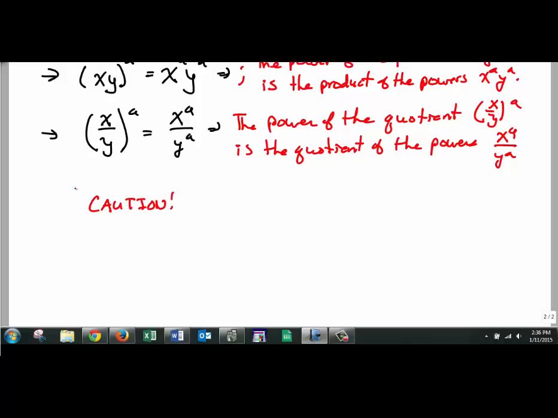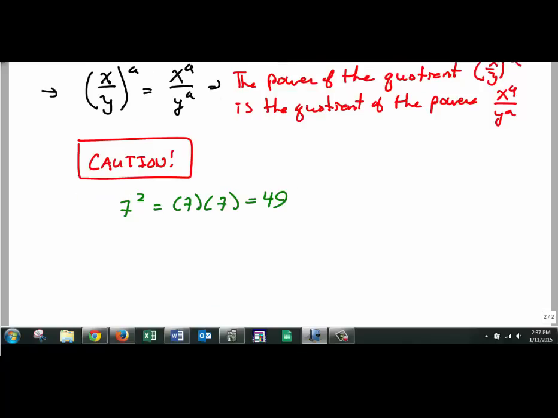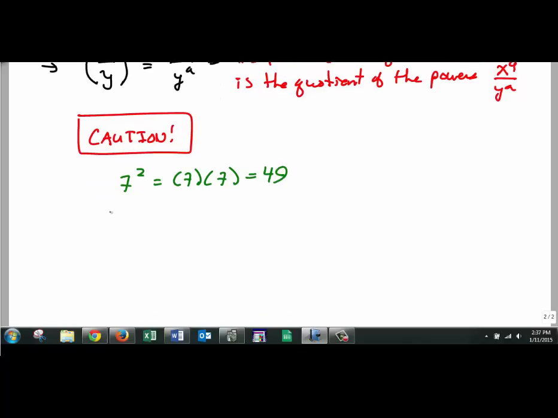A lot of people mess up what the base is. So for instance, if I had 7 squared, that means 7 times 7, I get 49. Now the base here is clearly 7. Now let's write this expression, negative 7 squared. Well, in this case, the base is 7 as well. So this is a negative sign out front, and then I would do my 7 times 7, and I'd have